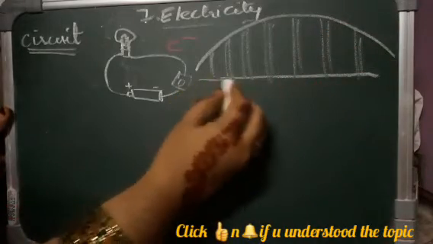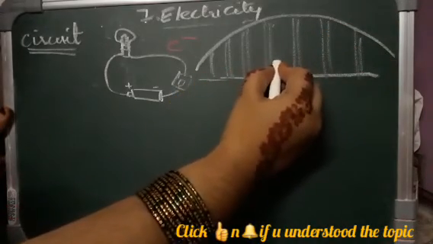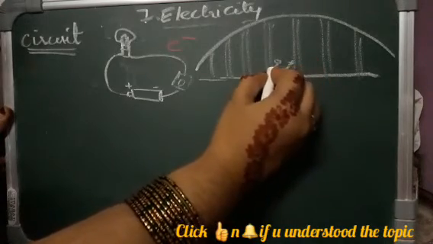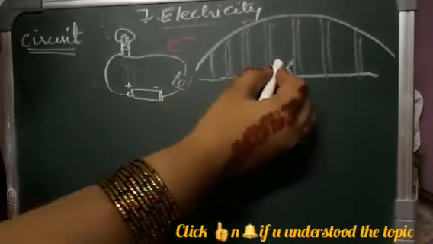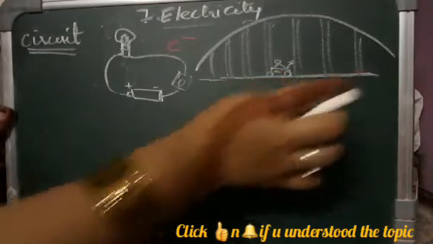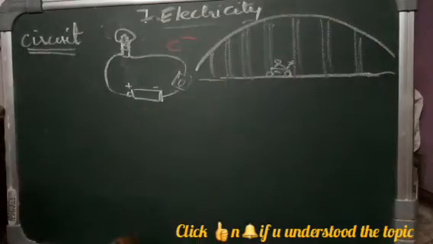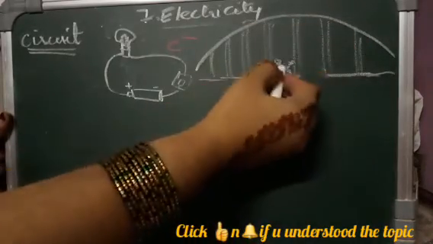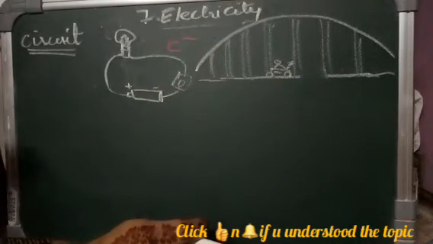Okay, this is a bridge, and you see a cycle or bicycle or a bike is moving. Now it can move only when the path is continuous, isn't it? Only when the path is continuous. Suppose the bridge is broken here somewhere, will the person be able to move to the other end of the